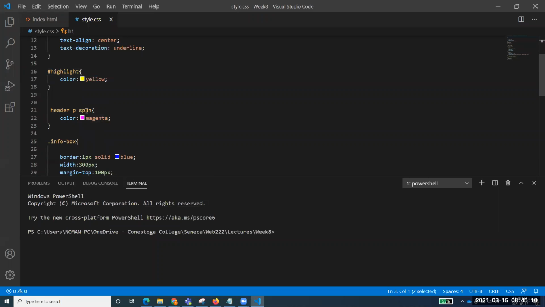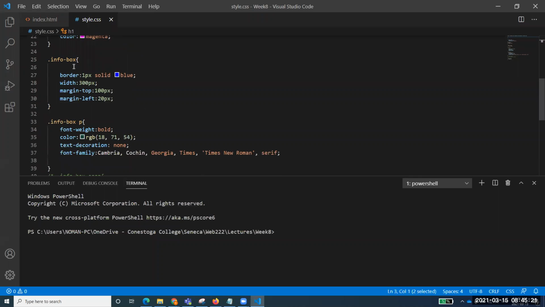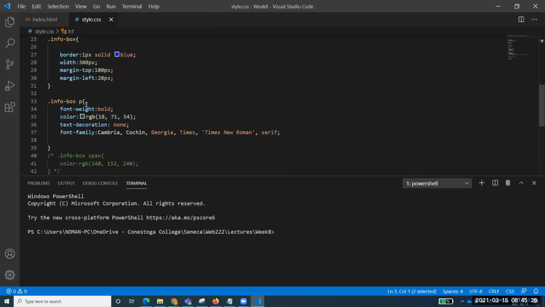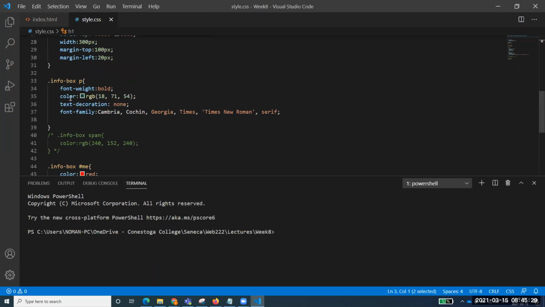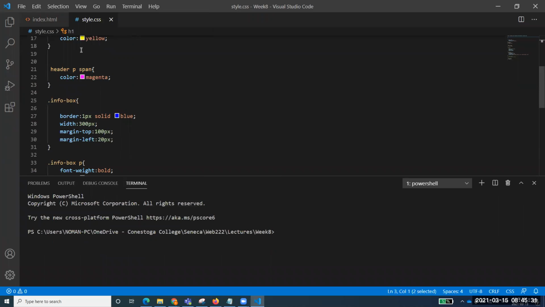And then we saw that if some tags are coming inside other tags, so you remember we have done that practice, that if P is inside header or span is inside that P, we can just use something like that. And then again, we talked about a class. Info box, we created a class, and then we saw that inside that there is a P. So this all will be very handy for us because we will be scaffolding on that, as I said.